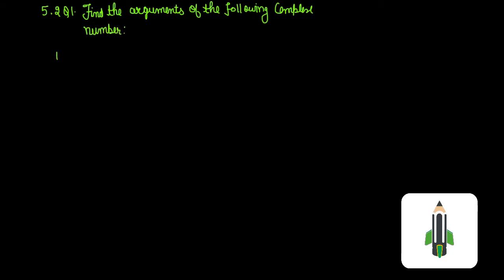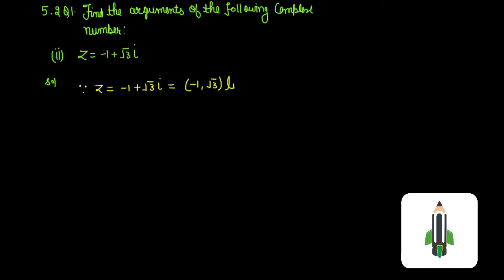In this video, we are going to solve question number 1 of exercise number 5.2. Find the arguments of the following complex number z is equal to -1 plus root 3 iota. Because z is equal to -1 plus root 3 iota,